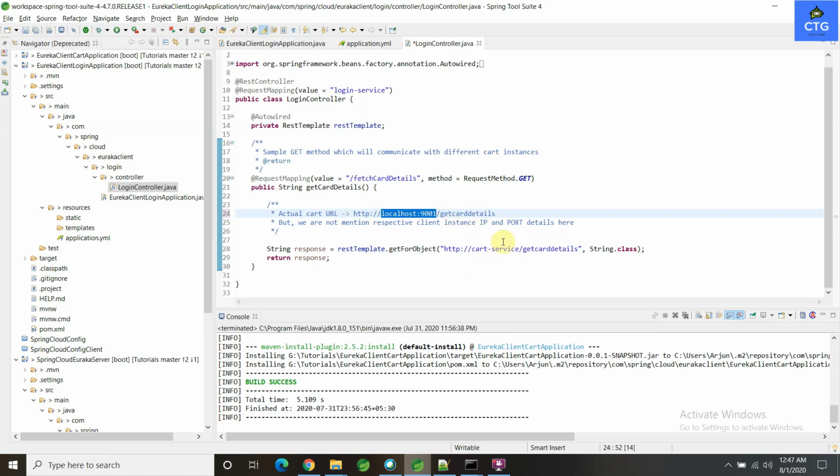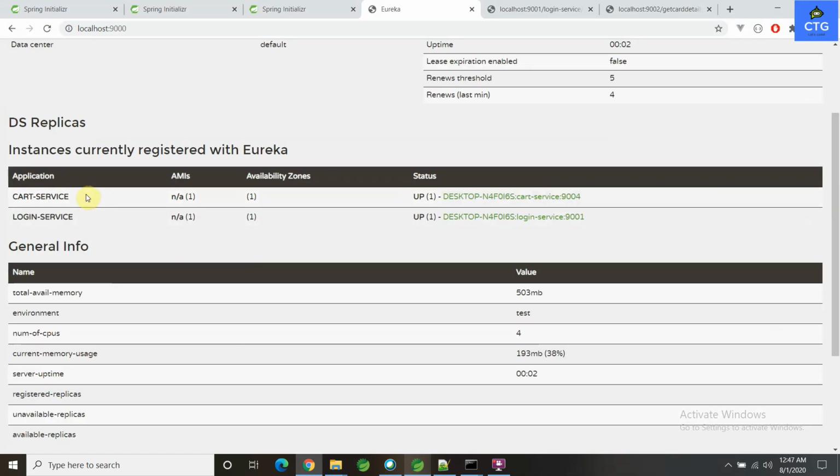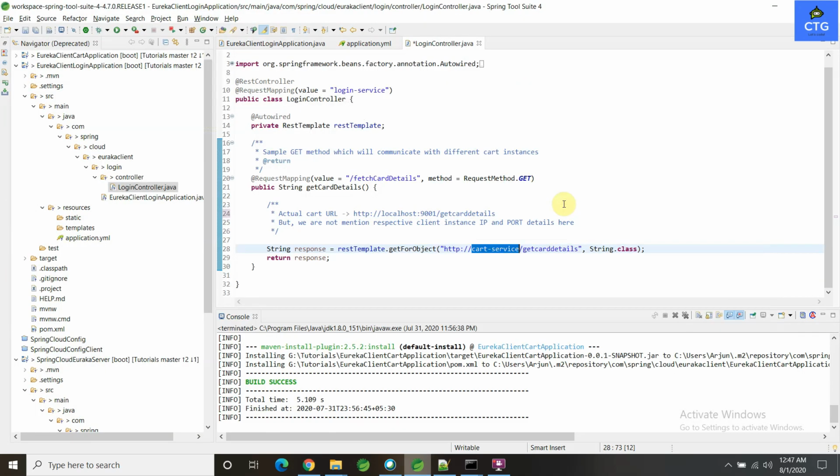We can't predict how many instances are running. That's the reason we define the instance ID based on the application name. It will fetch all the instances and post the requests to each and every cart application one by one. Let's go back to the browser and try to hit one request. Let's see what response we are getting.